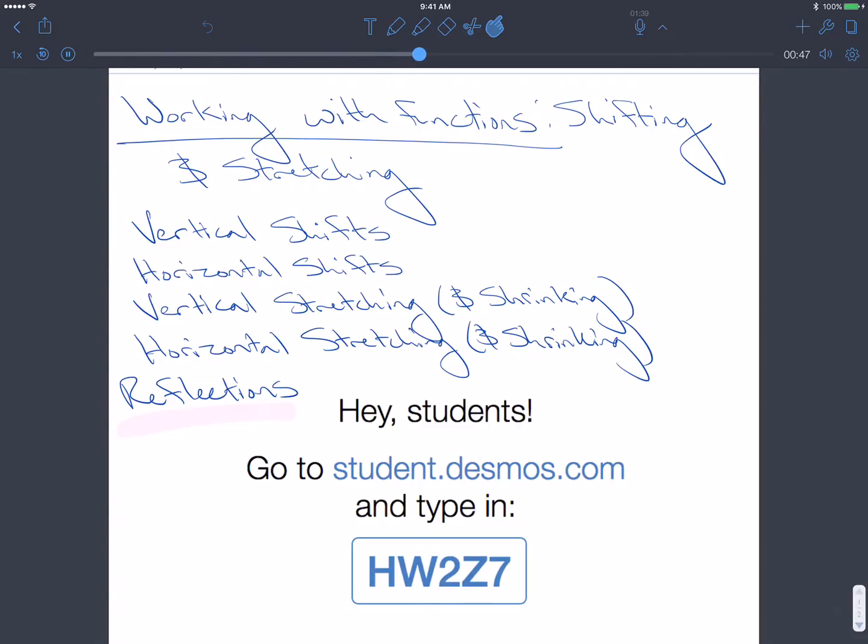And then the last thing that I have here is reflections. Reflections means flipping your graph. So if you were to pick it up and rotate it along the x-axis or along the y-axis,